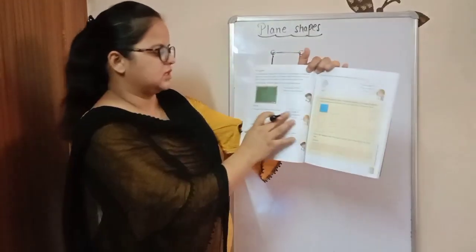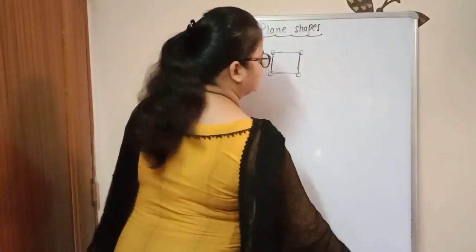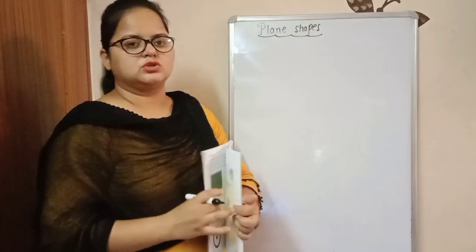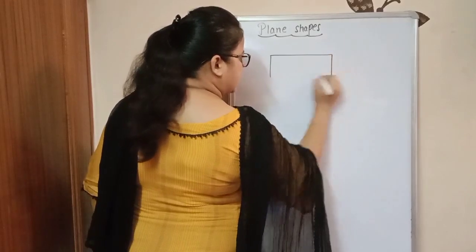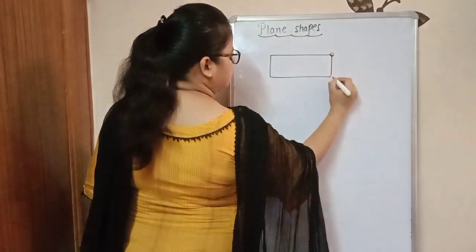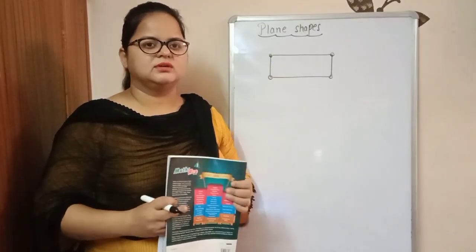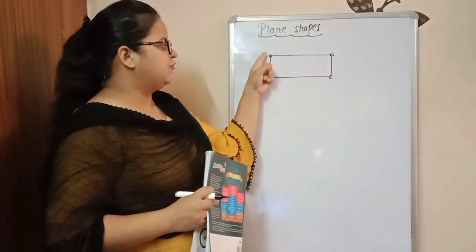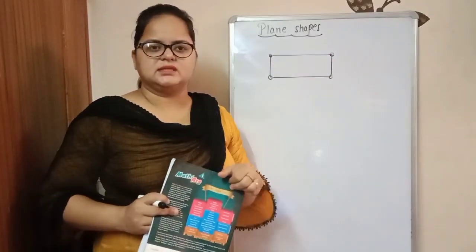Here on the next page you can see a picture of a green board or blackboard. See, here is the whiteboard of ma'am. Yes, this is also rectangle in shape. Rectangle. How many corners does a rectangle have? 4 corners. And how many sides? 1, 2, 3, 4. A rectangle has 4 corners and 4 sides again.